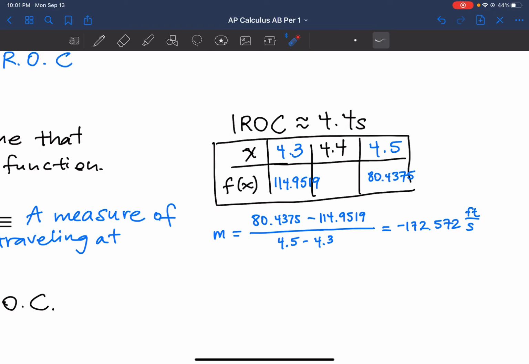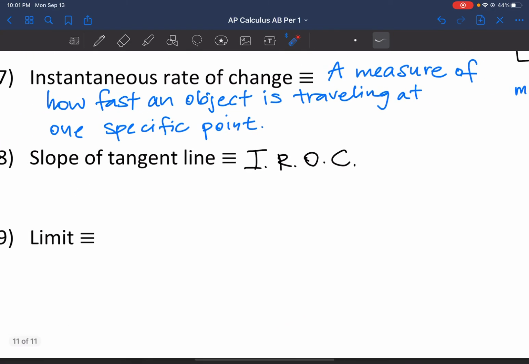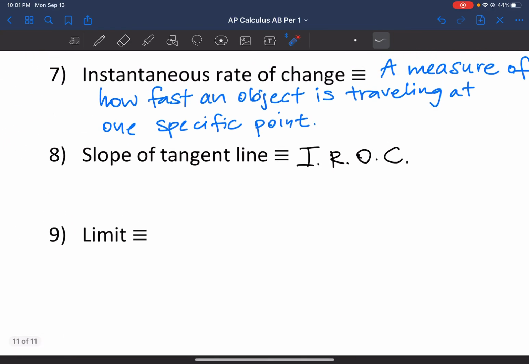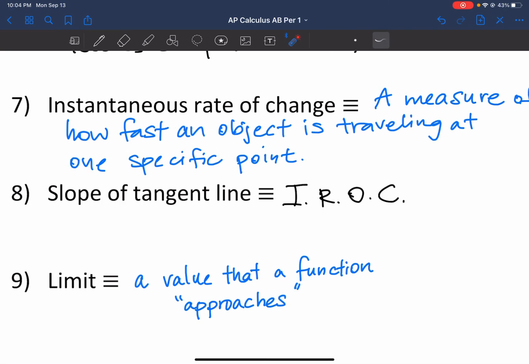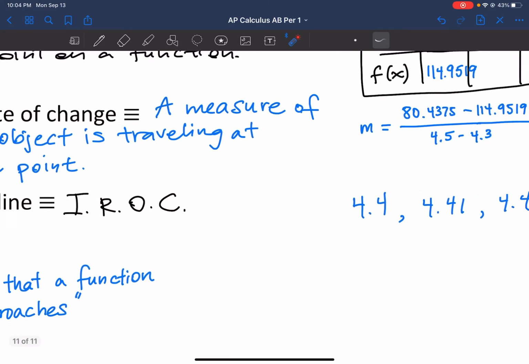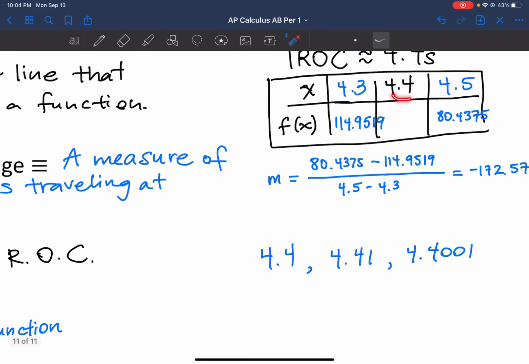Because we are changing that interval, that brings us to the last unofficial definition of limit, which is a value that a function approaches. So a limit is a value that a function approaches. So if I want to get closer and closer, finding the limit as x approaches 4.4,